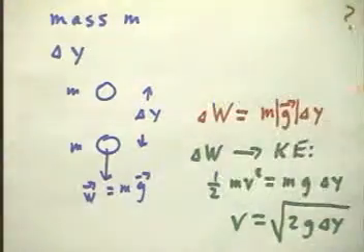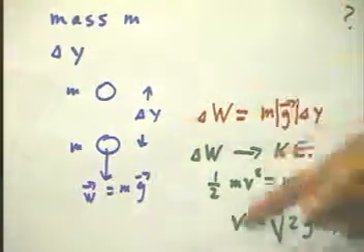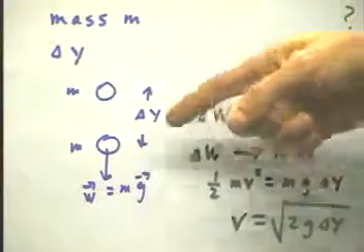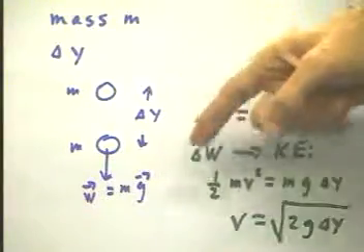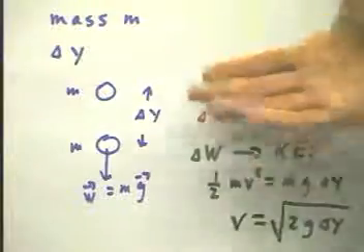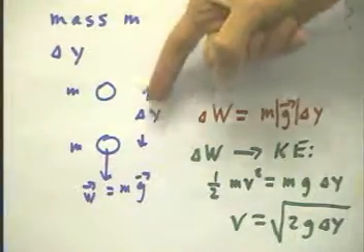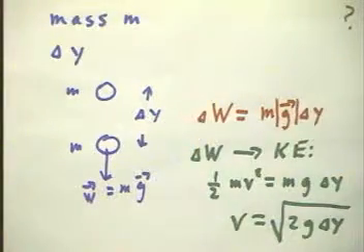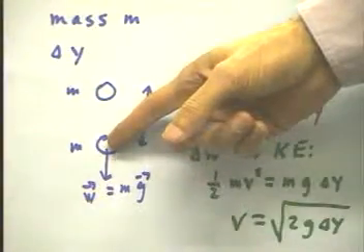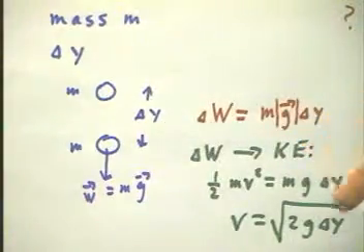Let's consider what happens when a mass m changes its altitude by delta y. Now really delta y should be an arrow pointing straight down. I've got it pointing in both directions, and that's a bad habit that I have. But delta y, if it changes from here to here, is going to give us a certain change in kinetic energy. Now, the potential energy that we gain by raising the object from here to here is nothing but its